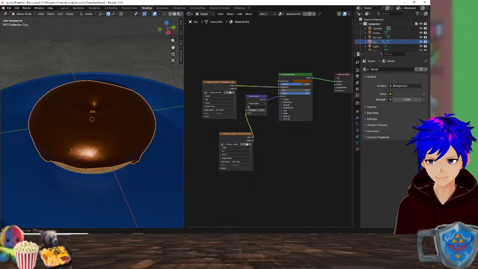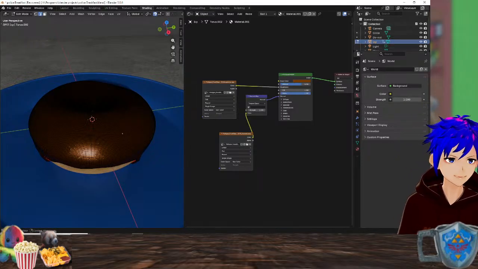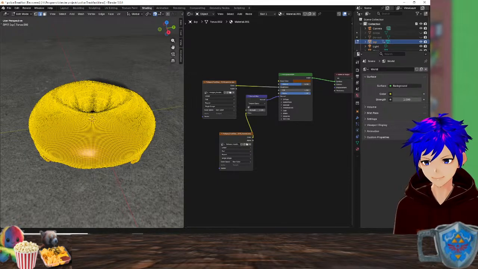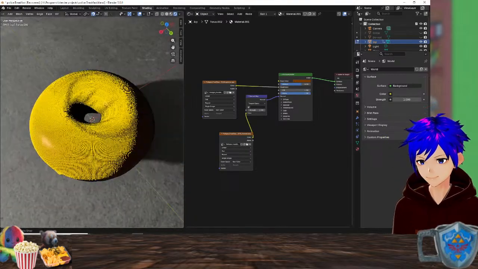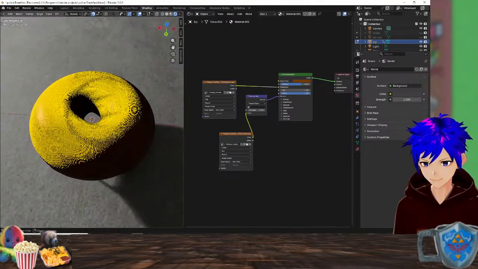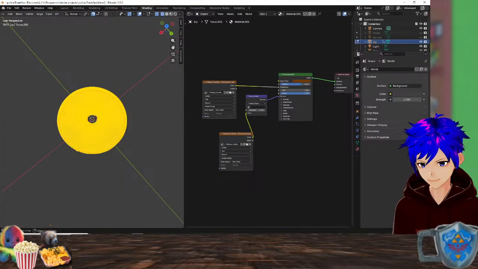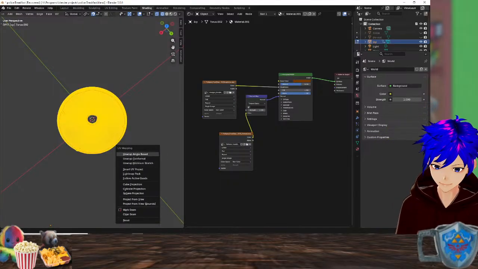Object mode. Edit mode. U and unwrap angle based.